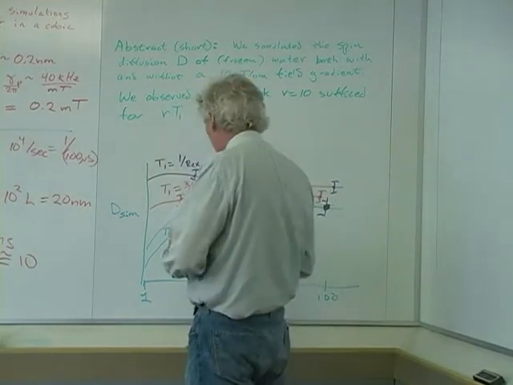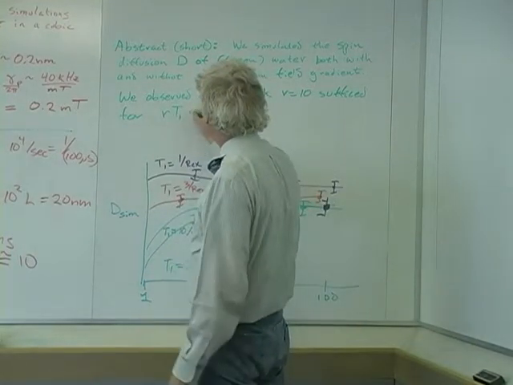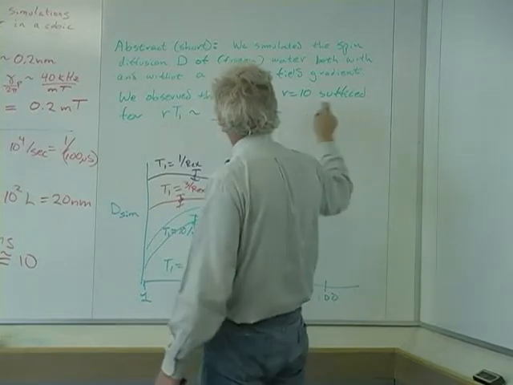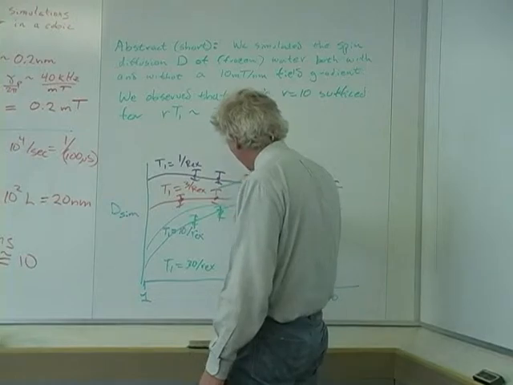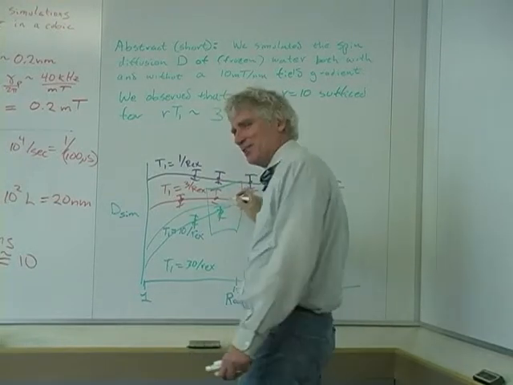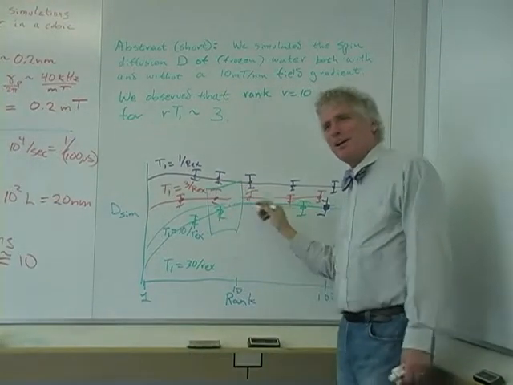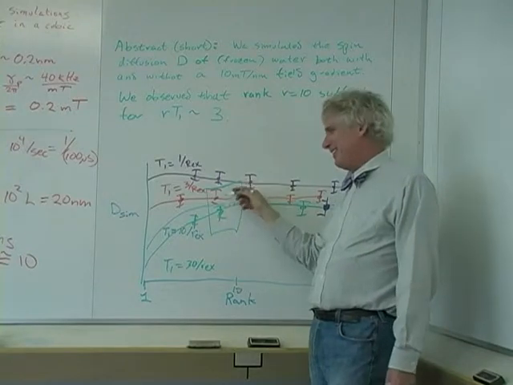If we set T1 to a value as short as 3 and rank as low as 10, we can operate in this sweet zone of minimal rank and longest possible